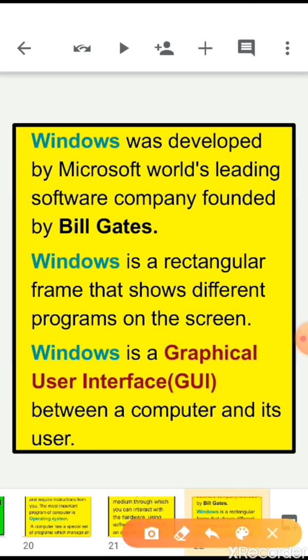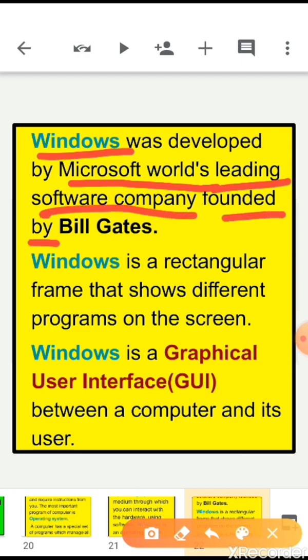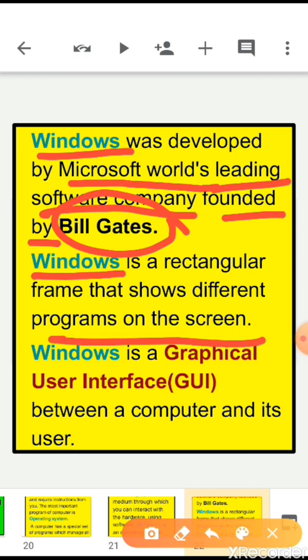Windows was developed by Microsoft, the world's leading software company founded by Bill Gates. Windows is a rectangular frame that shows different programs on the screen. Windows is a GUI, graphical user interface, between the computer and its user.